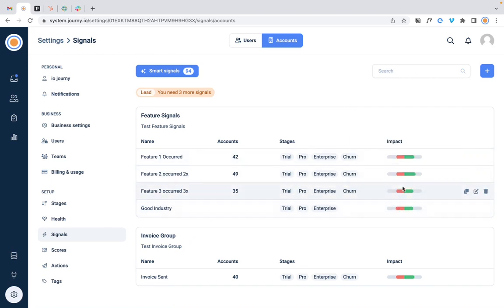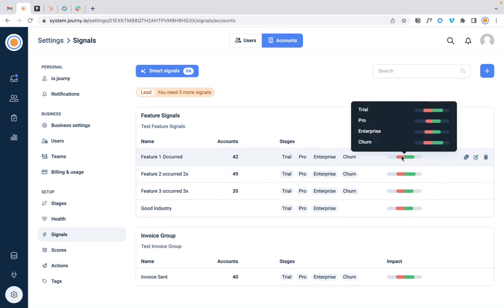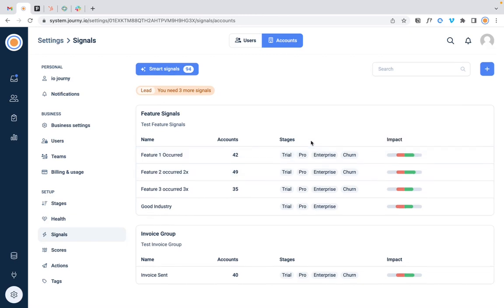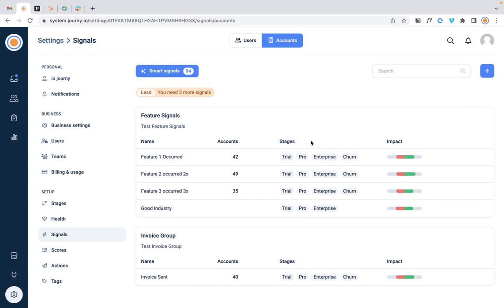The moment that you add a signal, you can see that basically you have the impact score with that signal. And you see a red bar and a green bar. Well, basically, this tells you which impact it has. So when the feature occurred, that signal is set. Which impact does it have for a positive movement? When it's not set, which impact does it have for a negative movement? That is our machine learning engine that is constantly checking those signals again and recomputing the impact it has